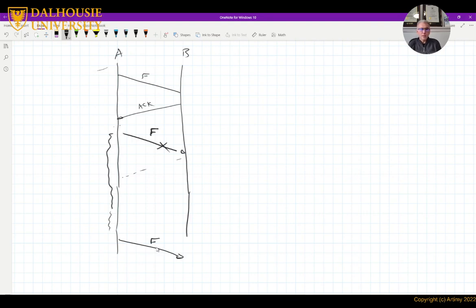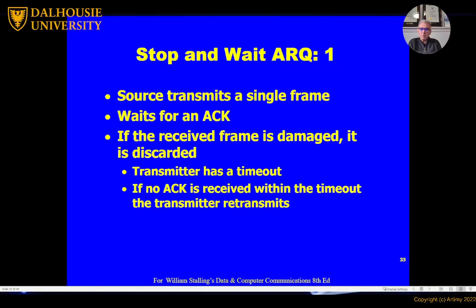from error. The idea of using the same approach for both is not typical unless we have very simple protocols, because the messages get confused. Are you actually withholding the acknowledgement because you want me to wait and send less data, or you're holding the acknowledgement because the frame that I sent you has errors? It gets a little bit confusing. But for simple protocols, that will be sufficient, right? All right, so